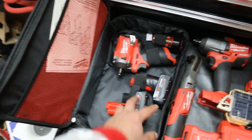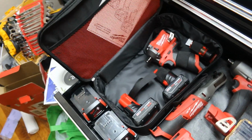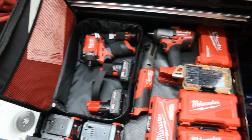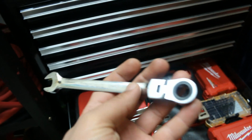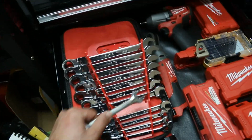So if that deal's still going on, I would suggest getting one. If not, I would hold off and wait for that deal to come back, because it comes back every now and then. These Tecton wrenches, they have a flexible head here, but the nice thing about these are that they're